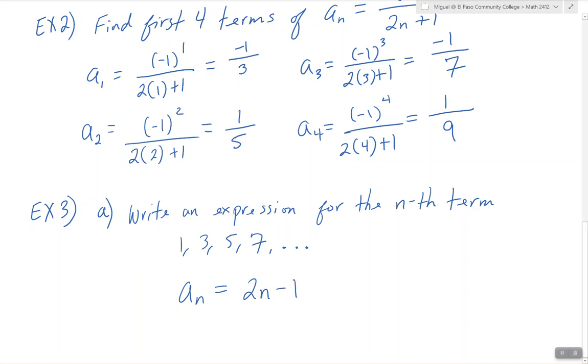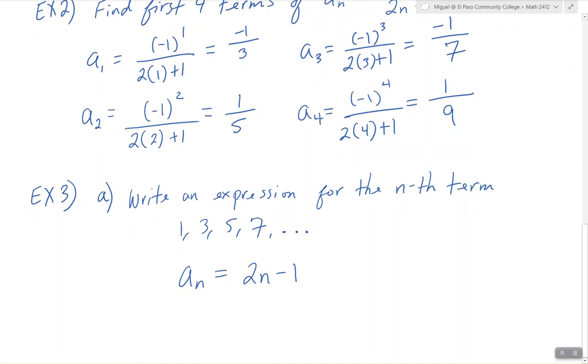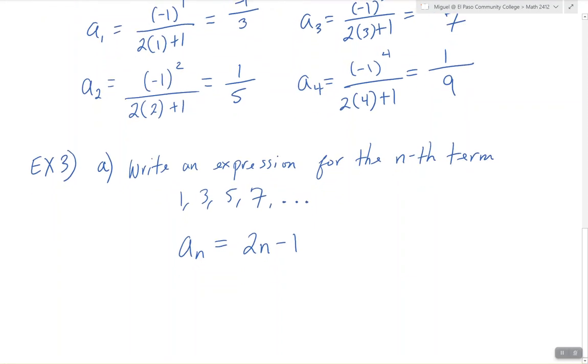And double check it, right? So plug in 1: 2 times 1 minus 1, 2 times 2 minus 1 is 3, 2 times 3 minus 1, and 2 times 4 minus 1, and so on. B, same idea, but the terms are